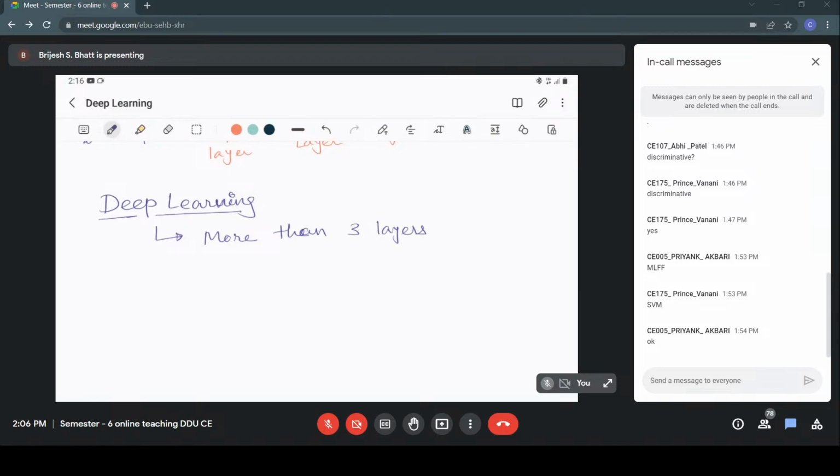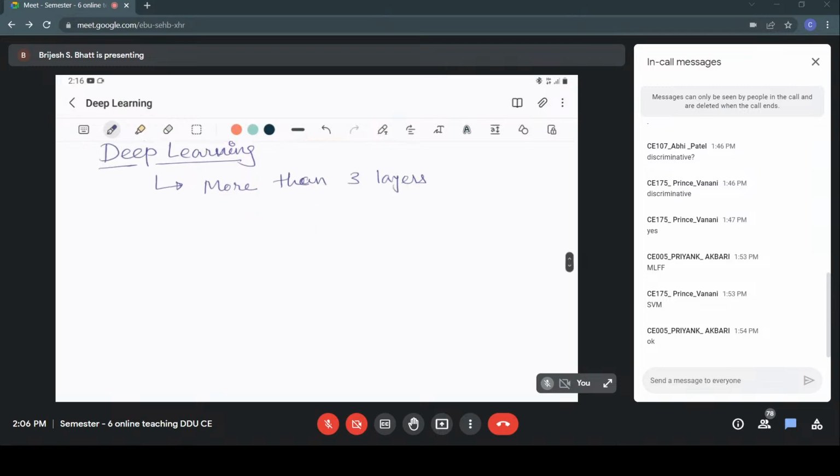We will make a huge network of neurons, thousands of neurons spread across many layers of the network, and they will learn the features, they will optimize the dimensions, and they will finally give you the output that you want. So that was the idea, and that idea, as I said, could be realized because the processing capabilities have improved. So in deep learning, the idea is more than three layers, and the network can learn,